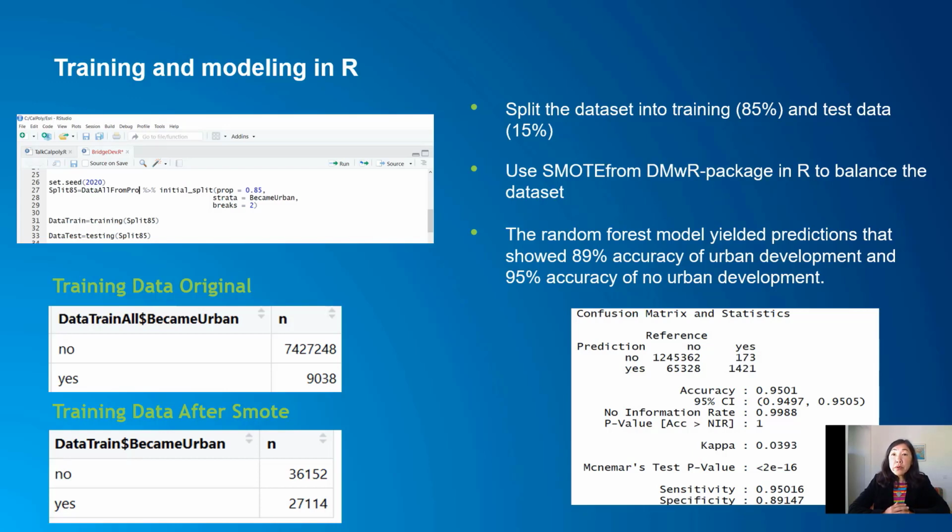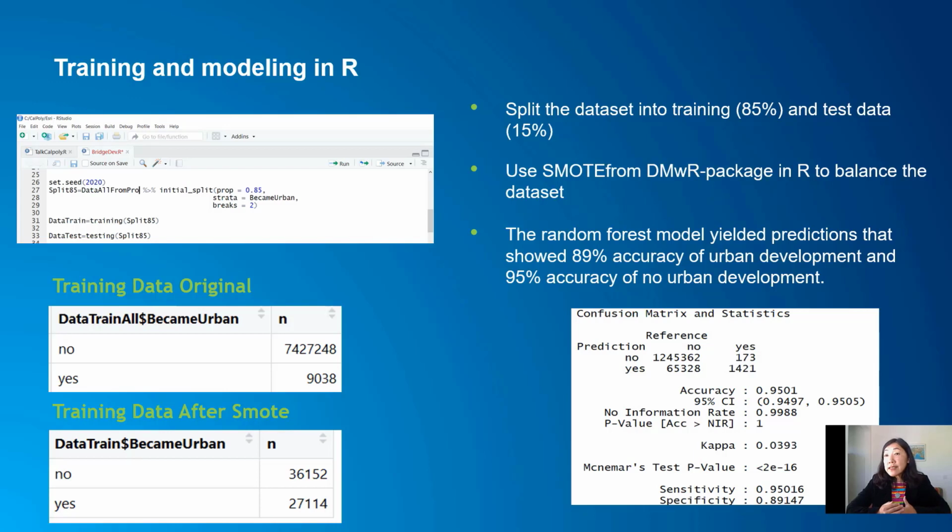Out of the 8.9 million records, about 99% remain unchanged between 2001 and 2016, which means there's no urban development, with only 0.01% showing change. This is not all that surprising because a lot of the areas are forest, lakes, and fortunately had not been developed. However, this imbalance in our dataset could pose a threat to the machine learning model, because machine learning models tend to choose the easiest solutions.